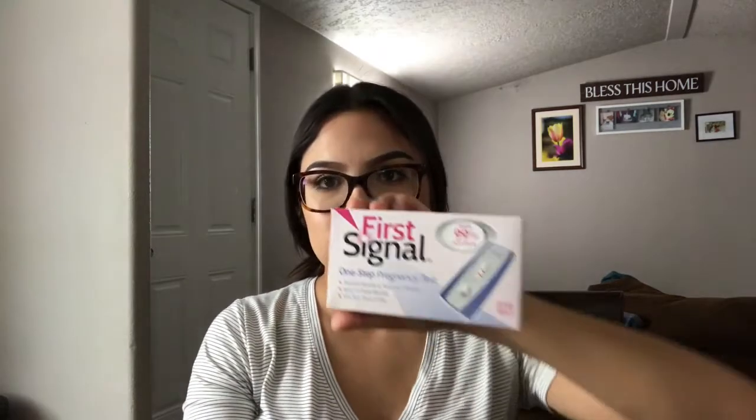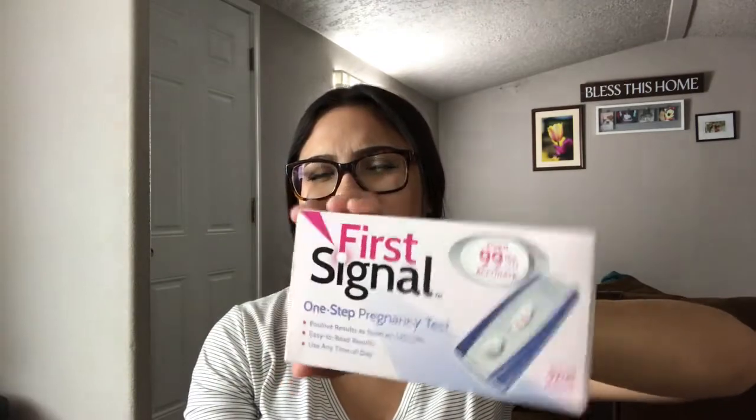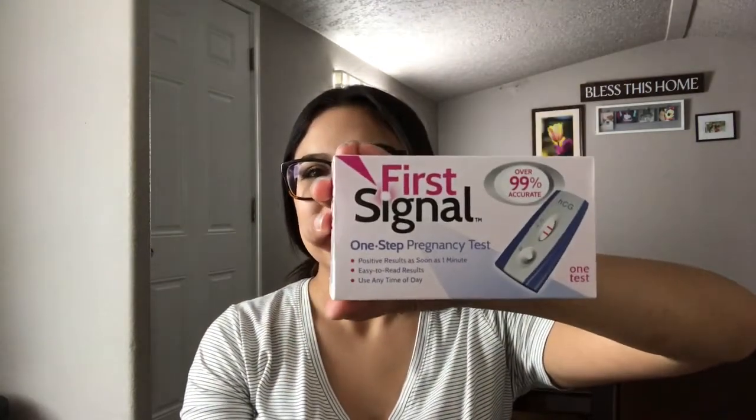So we got these ones at Walmart for, I think, like 89 cents. And not these exact ones, but when I was pregnant with Jonathan and Sophie, I used Dollar Tree pregnancy tests, and they look a lot like this. And now that I know it's taken a little bit longer than I thought, and I'm not just going to spend the money on one test, I just bought this in bulk. I didn't even show you guys before I opened it, but